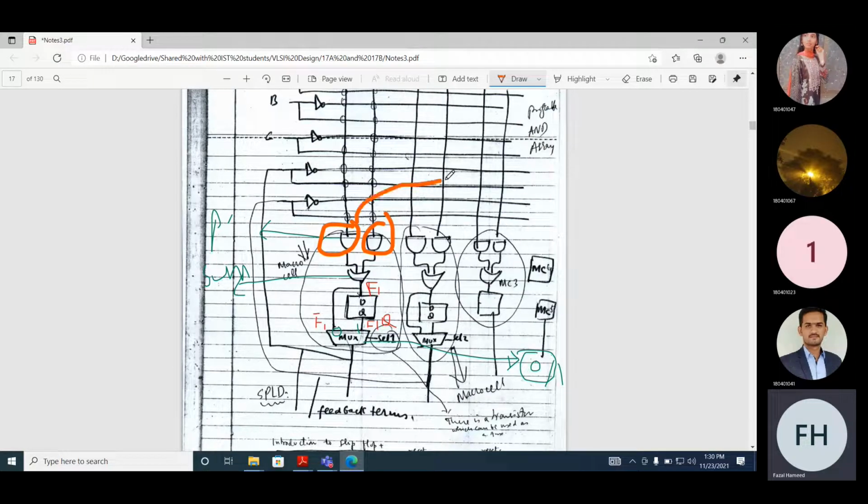So this can implement an SOP expression with two minterms. If there are 5 AND gates, then it can implement a combinational or sequential function with 5 minterms. If we want to implement a combinational function with more minterms, what do we need to do?